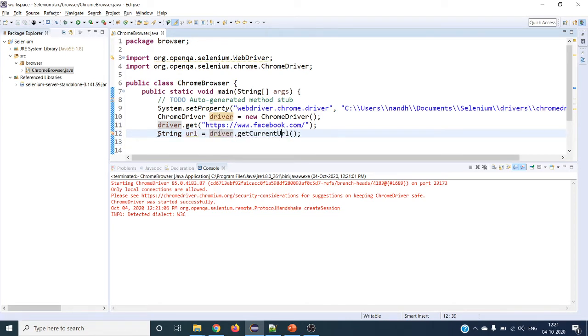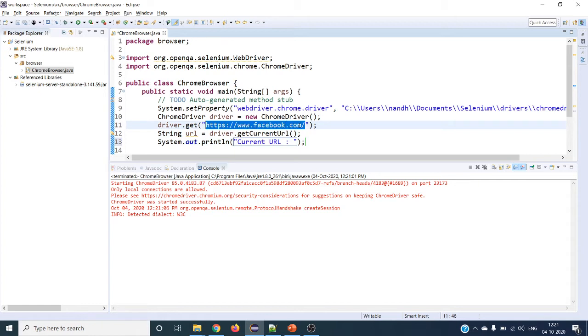Let's print that. This is the current URL for Facebook, so this has to return exactly facebook.com. Let me try it here. So this is the first step.